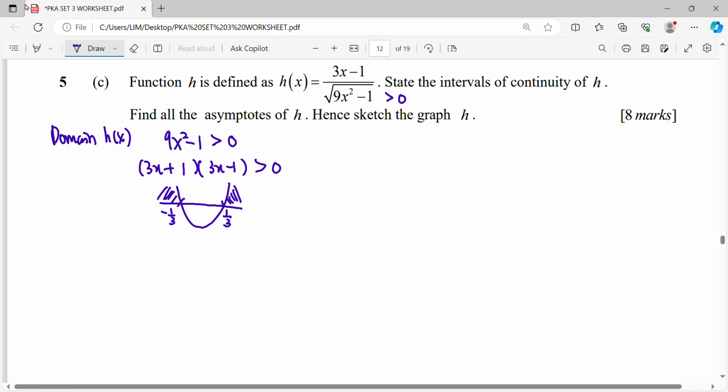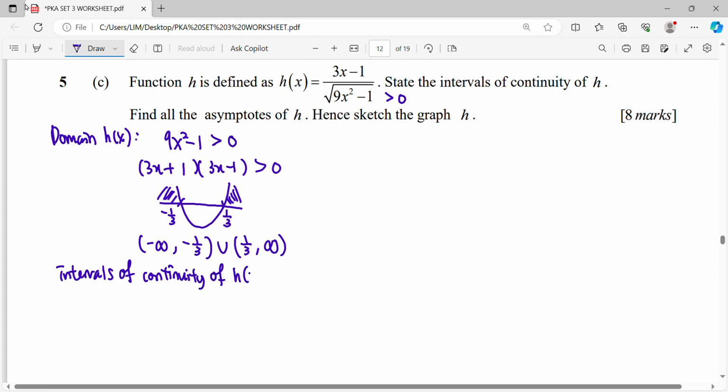So the domain of the function is negative infinity until negative 1/3, not included, 1/3 until infinity. So we answer the first question first. Interval of continuity of function h(x) is